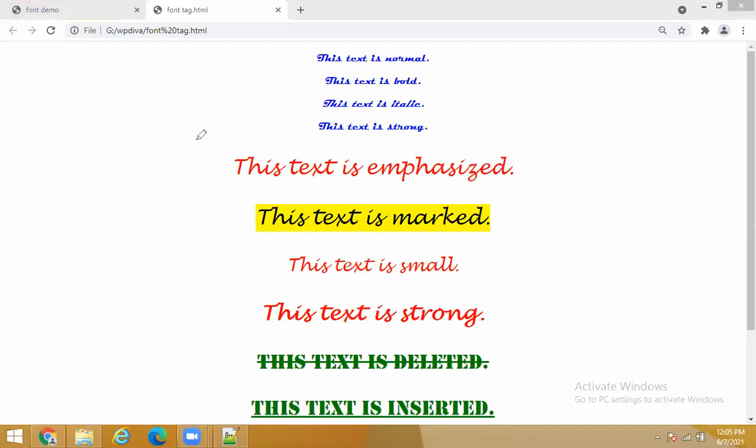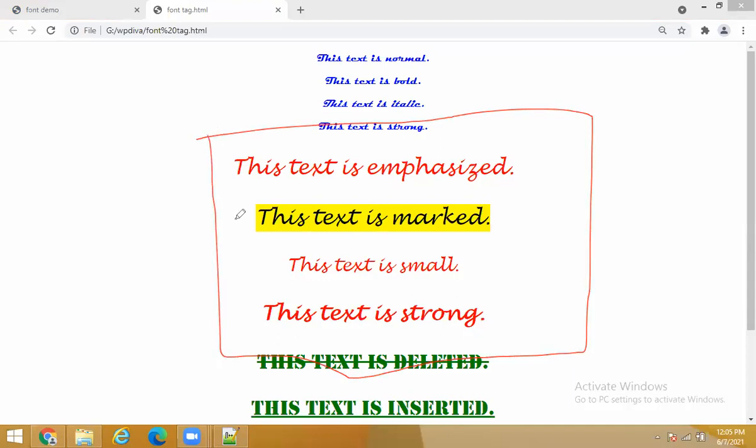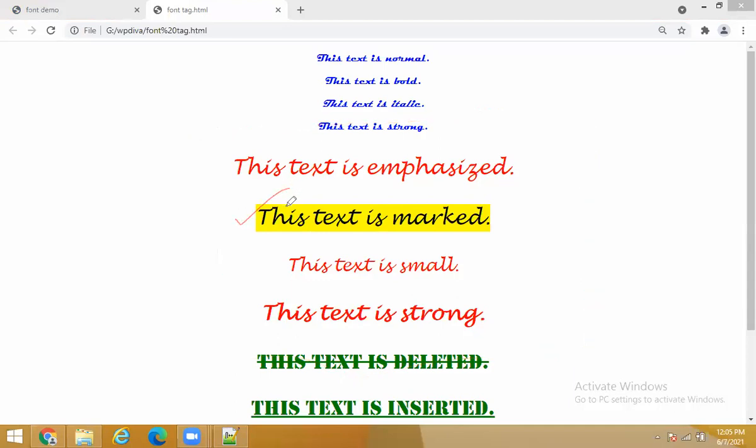You can see that the text is emphasized, the text is marked, and the text is strong. This will not appear in red color. Only the font style is changed, because the mark option will highlight the text when we use a mark tag. Whatever text you take inside the mark tag will come by default in yellow color.